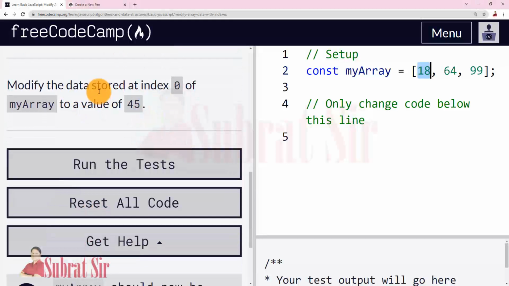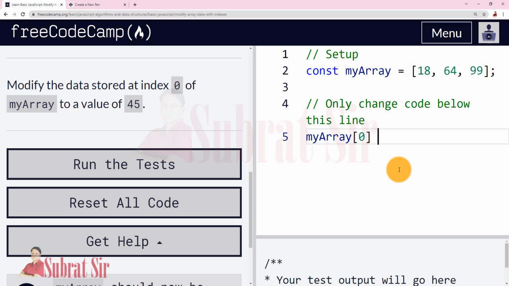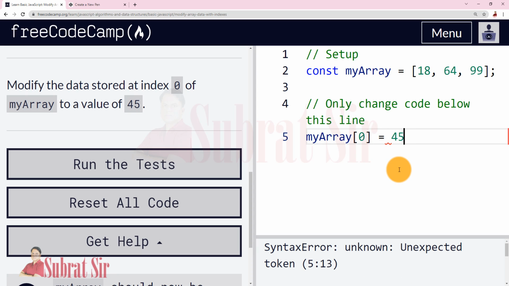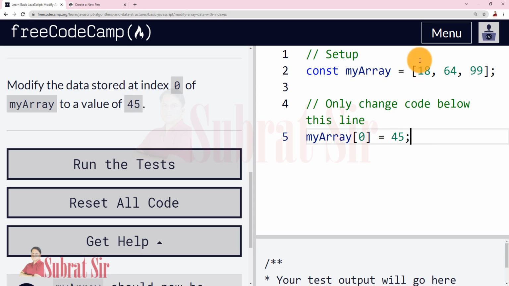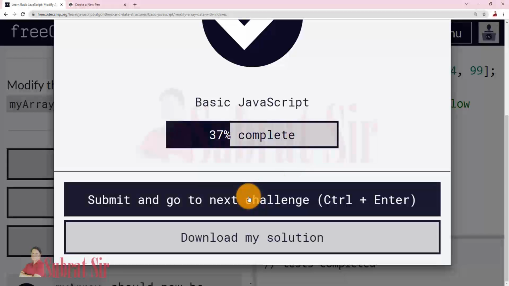Modify the data stored at index 0 of myArray to a value of 45. So we can write myArray of index 0 equal 45. So now instead of 18, this value changed to 45. Run the test, go to next challenge.